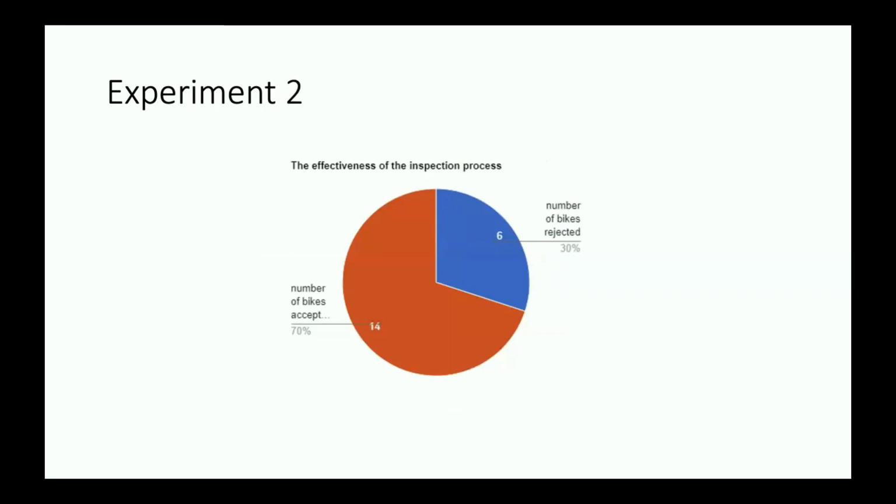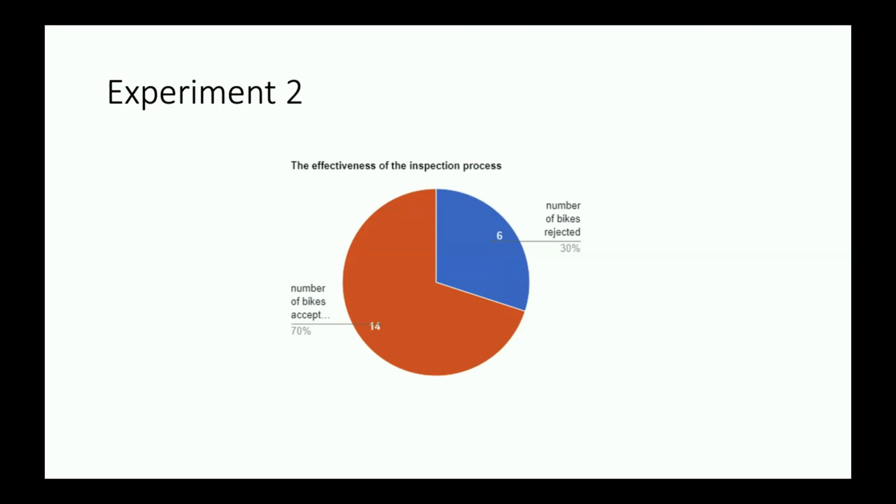Experiment two. Another possible blind spot in the bike donation program could be the verification process of the bike condition and safety before accepting donations. It is crucial to ensure that the donated bikes are in good condition and safe for use, as it can pose a risk to the recipients if the bikes are not inspected properly. To test this aspect of the program, we can set up a quality control process that involves inspecting the donated bikes before accepting them. The inspection process can be conducted by a team of experts or trained volunteers who have a knowledge of bike safety and maintenance.